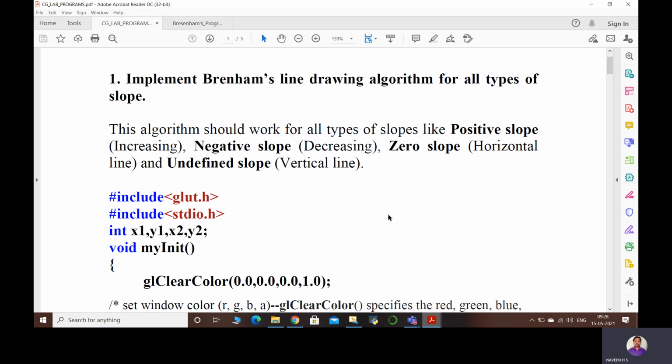We found the decision parameter, and based on that we found the new coordinate values for the given two endpoints, and we roughly plotted the line in the XY plane, that is, the two-dimensional plane, considering the values. Similarly, in the laboratory also,